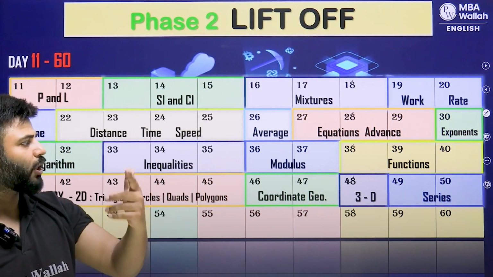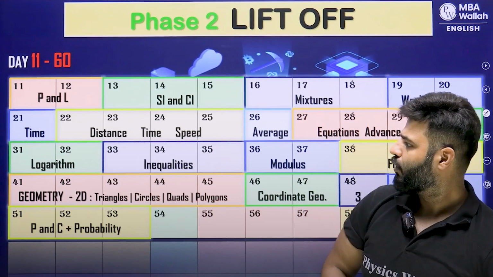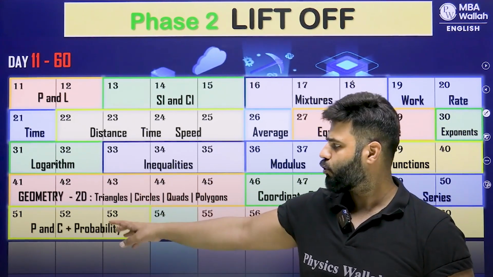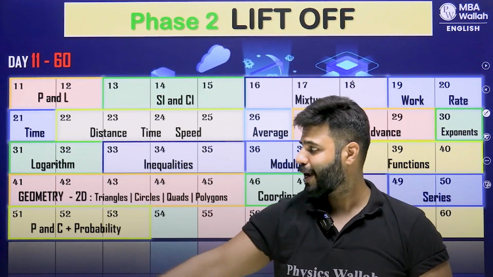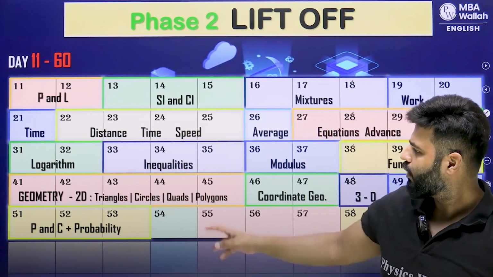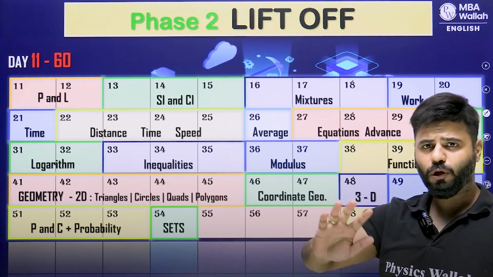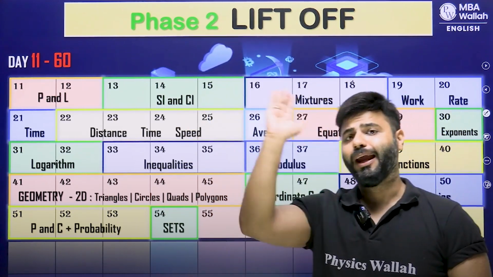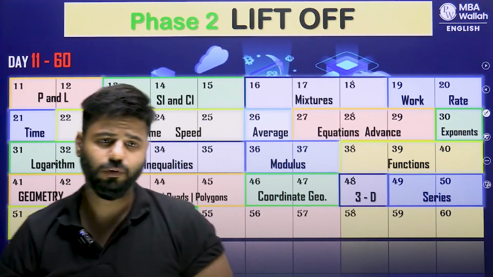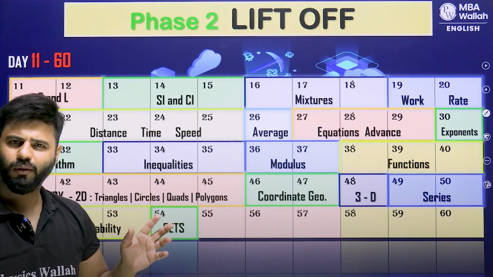And it is time when we start with modern math. Series, very important. Take 2 days for series, 3 days for PNC and probability, where you spend most of the time on PNC because that's more important. Probability we have seen less in the past 4-5 years. Then we jump to sets. Why just 1 day on sets? Because you are also dealing with sets in your LRDI. So I'm very sure you have covered this in DI as well. So here 1 day would do it, right?